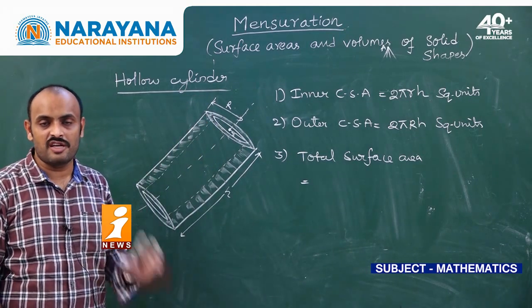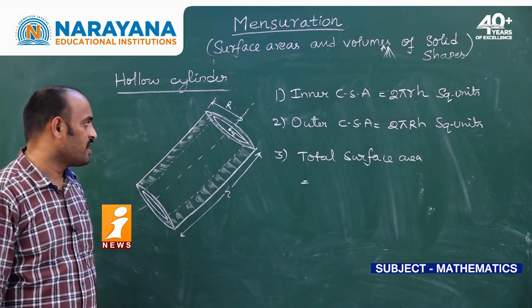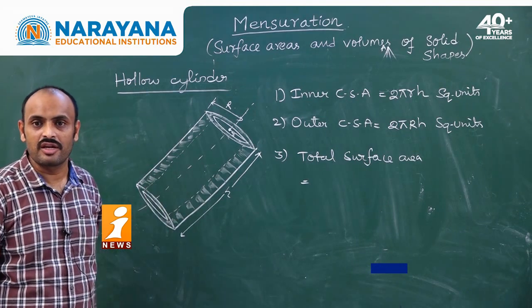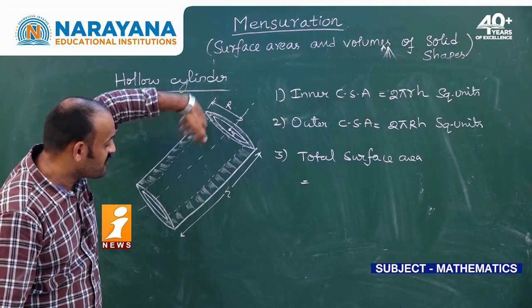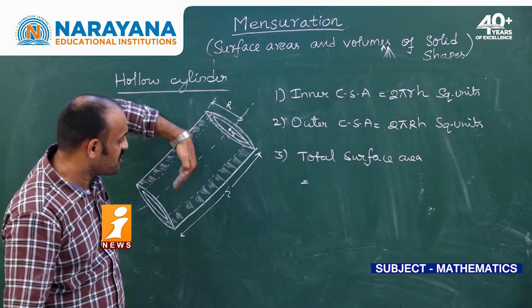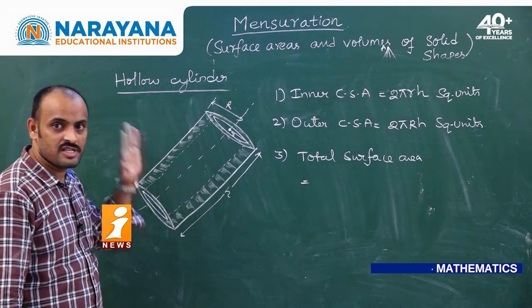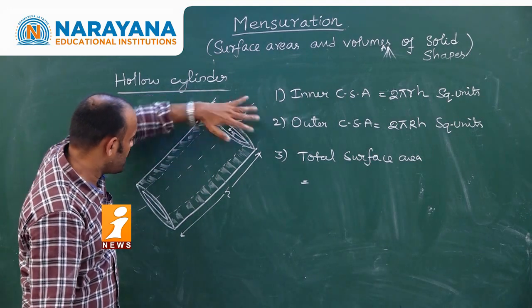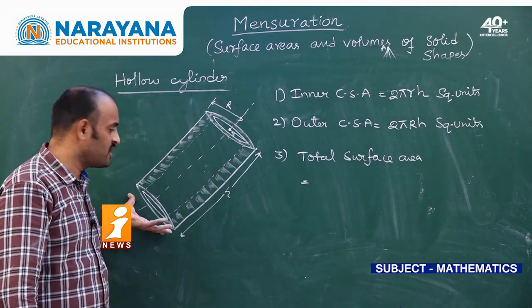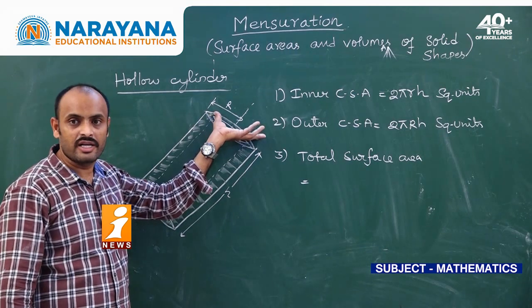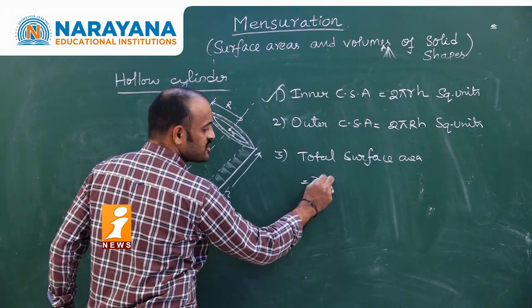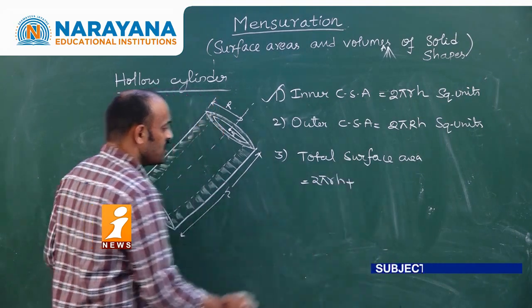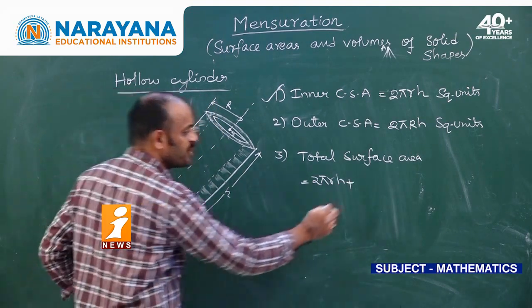TSA means wherever a surface is there, that should be added. So here, how many surfaces are there? One, the inner curved surface area. If I keep my hand inside, I can feel a surface. So that inner surface is there and the outer surface is there, and the top area as well as the bottom area, or you can call it the left area and right area. So inner curved surface area, already we have, 2 pi r h, plus outer curved surface area, 2 pi capital